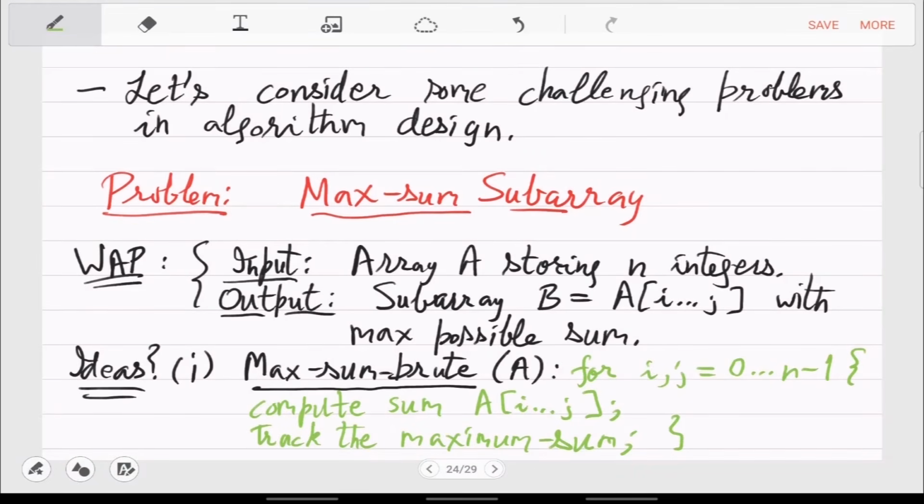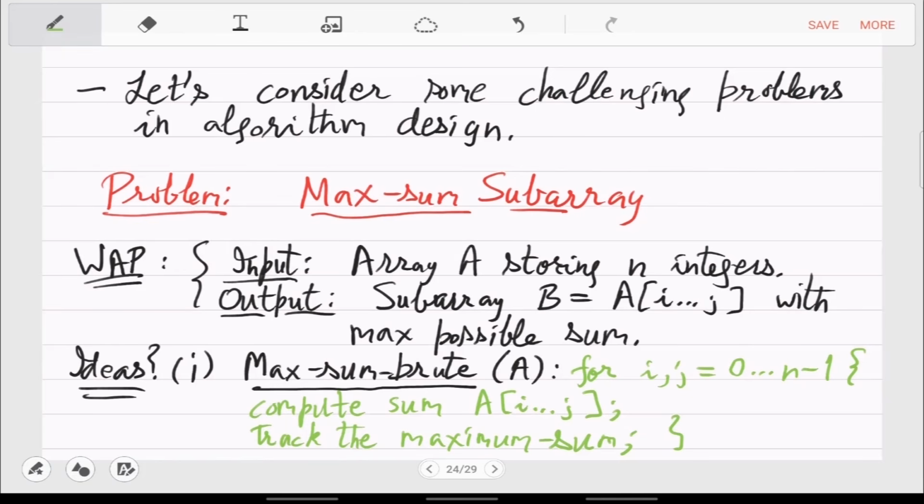So in this pseudocode, what is happening is you are going over all the i, j's. Let's say i is equal to 1 and j is equal to 10. This is one execution of the double for loop. So you have to compute the sum of A from 1 to 10. That particular interval you also have to find the value, right? So depending on how big the interval is, that much of a sum you have to calculate. So that's another for loop. So there are actually 3 for loops, which means n cube.